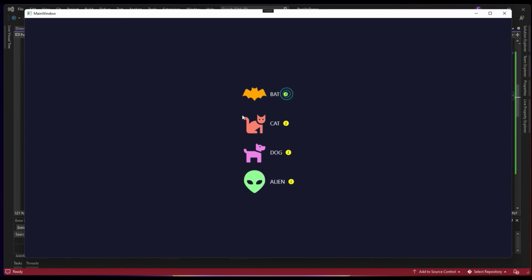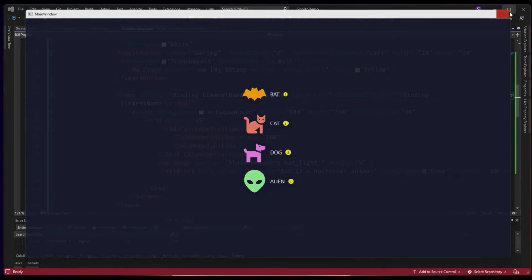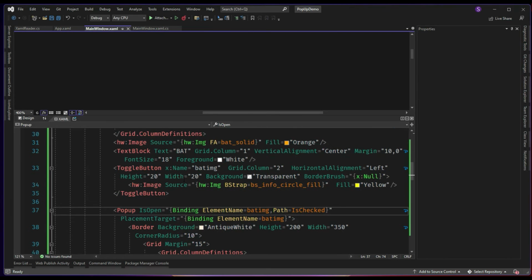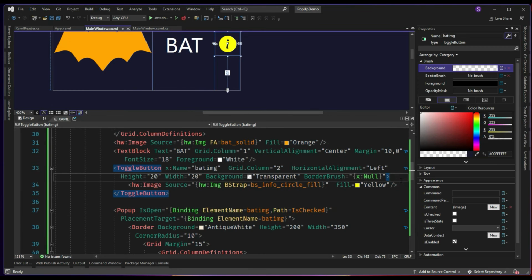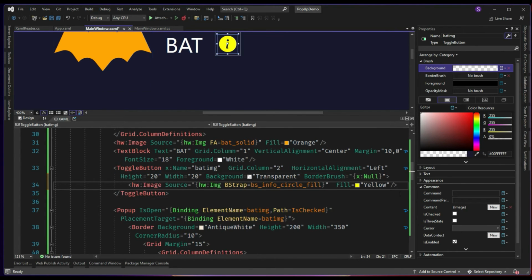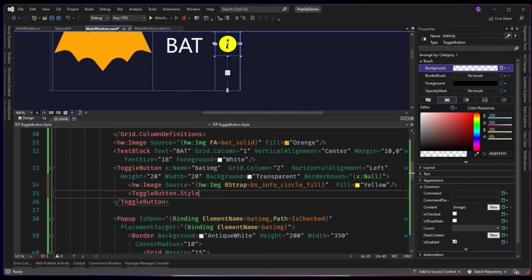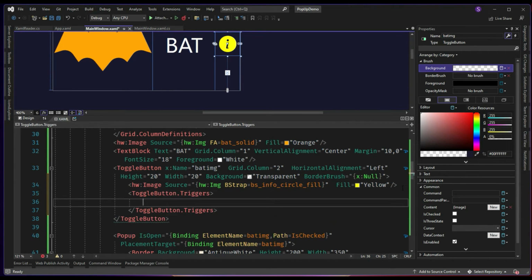Perfect. But the thing is, if I move away, it is not happening, right? So we can do one more thing to the toggle button itself. Instead of pressing the is checked, we can say toggle button dot triggers, proper trigger property is mouse over. Whenever mouse over is true,